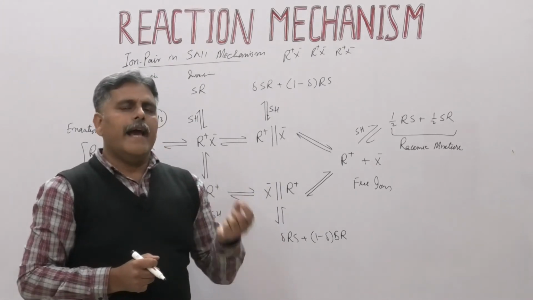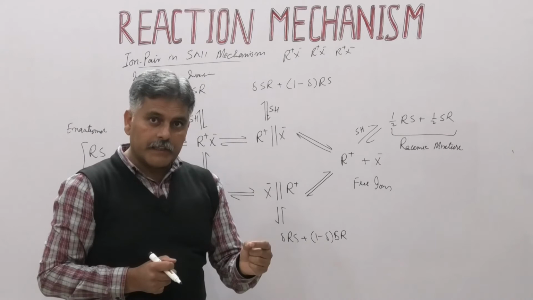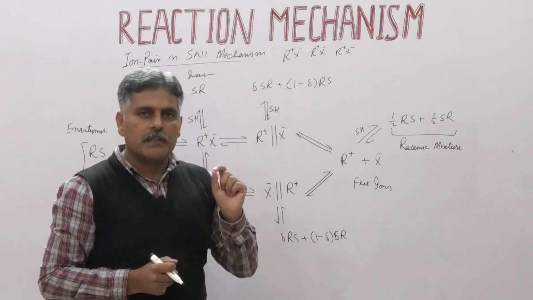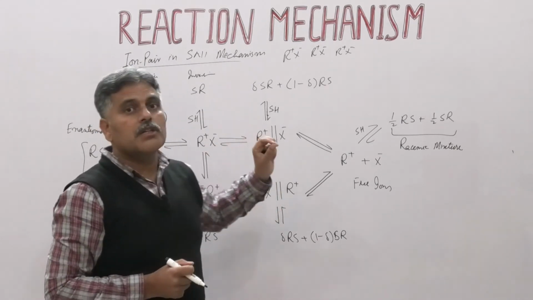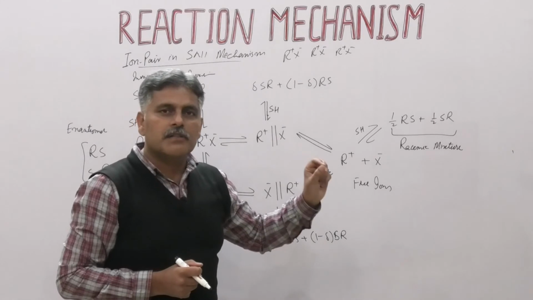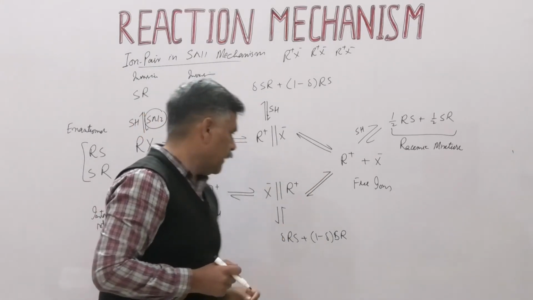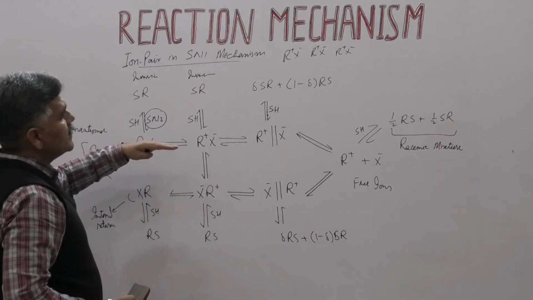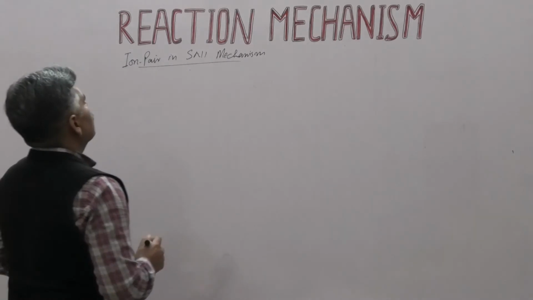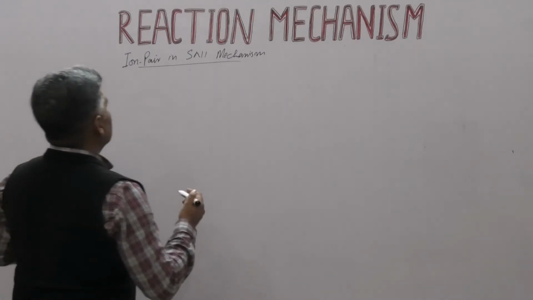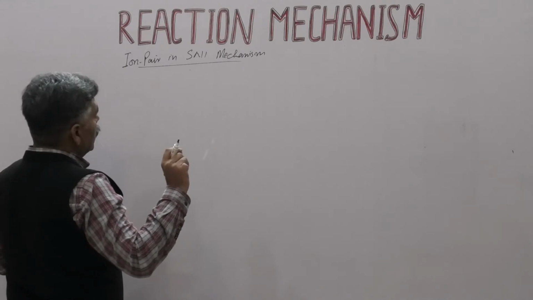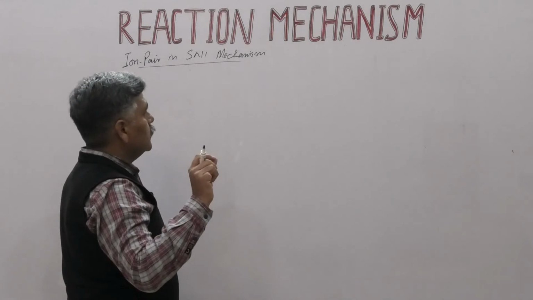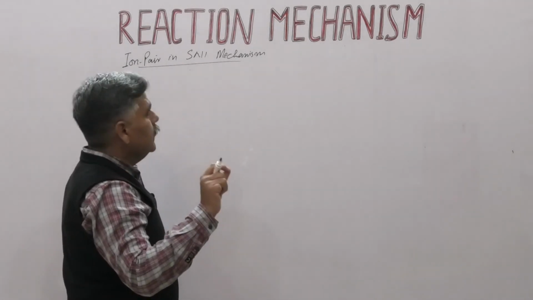So as a conclusion, when we discuss the stereochemistry of SN1 mechanism, usually in the basic text we say SN2 mechanism proceeds with inversion of configuration and SN1 mechanism proceeds with racemization. But this is not actually the case for all substrates, because there is no complete racemization in all SN1 mechanisms. So ion pairs are involved in many other examples, and I can prove the formation of these ion pairs with another example.